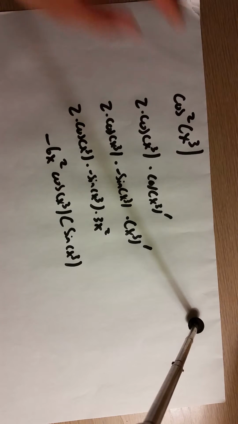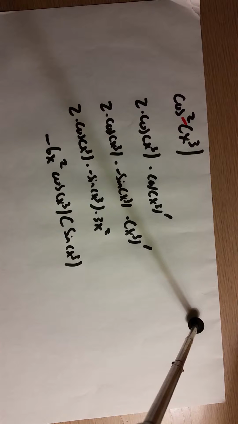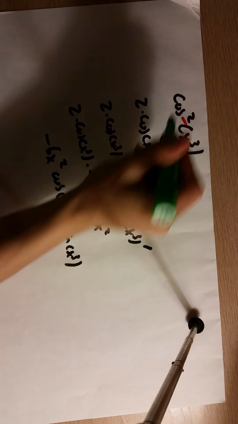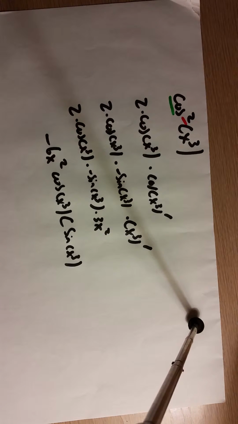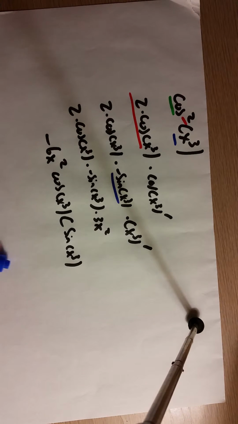So what we did here, all we did was we'll call this the outside function. I'll even label them all in different colors for you to see the 3 different functions we had to differentiate, the 3 layers. This was the second layer, and then this here was the third. So this is the derivative of the first layer, derivative of the second layer, and then